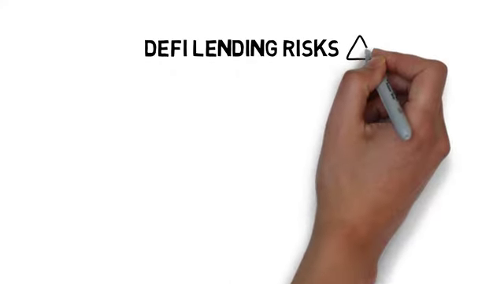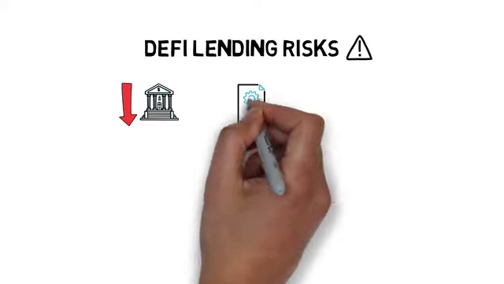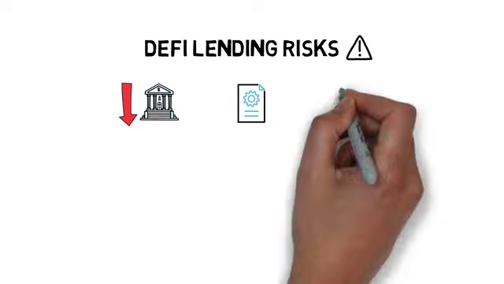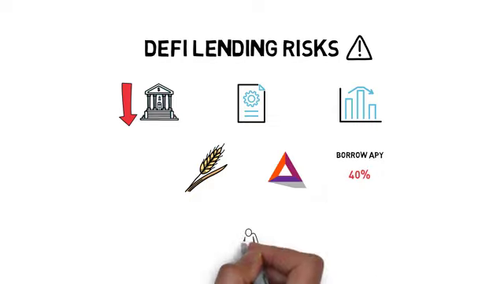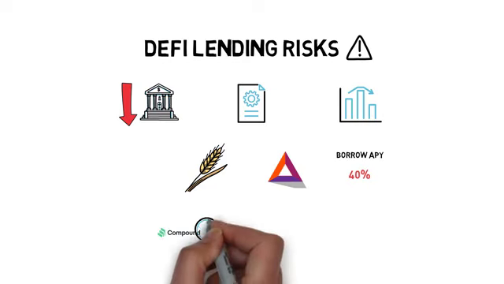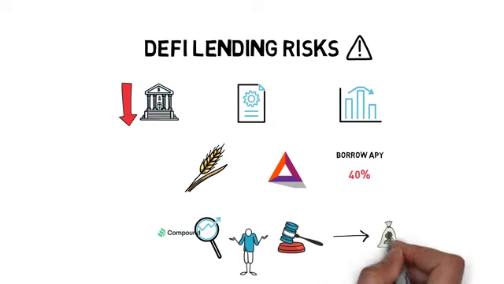DeFi lending, although reducing a lot of risks associated with centralized finance, comes with its own risks, mainly the ever-present smart contract risks, but also quickly changing APYs. For example, during the last yield farming craze, the borrow APY on the BAT token went up to over 40%. This could cause unaware users who are not tracking compound interest rates daily to get liquidated by having to repay more than expected in the same period of time.